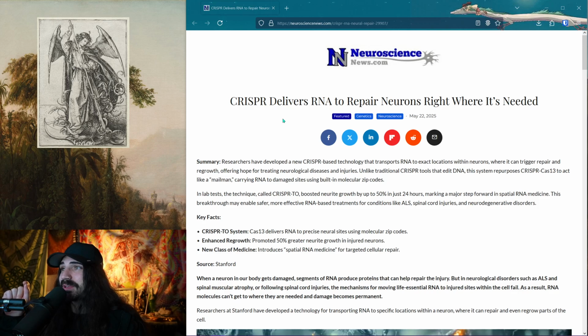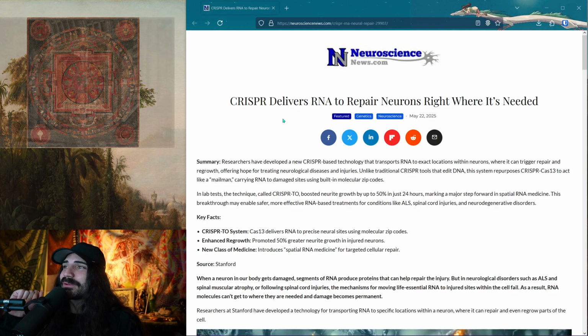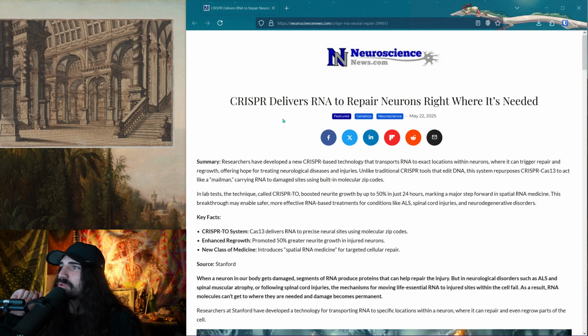Unlike traditional CRISPR tools that edit DNA, this system repurposes CRISPR-Cas13 to act like a mailman, carrying the RNA to damaged sites using built-in molecular zip codes. Whoa, that's interesting. In a lab test, this technique called CRISPR-TO boosts neurite growth by up to 50% in just 24 hours, marking a major step forward in spatial RNA medicines. This breakthrough may enable safer and more effective RNA-based treatments for conditions like ALS, spinal cord injuries,